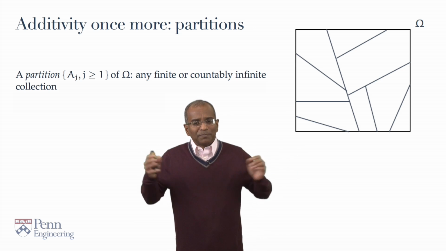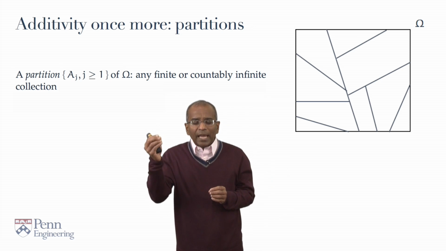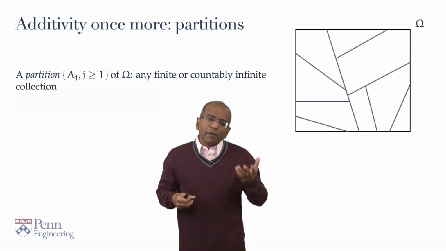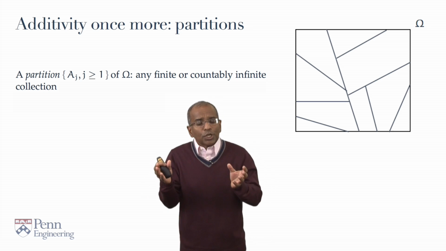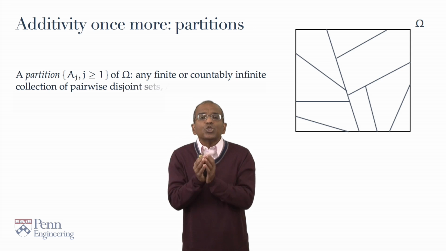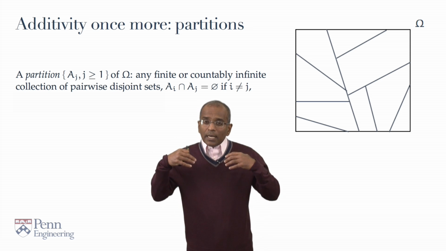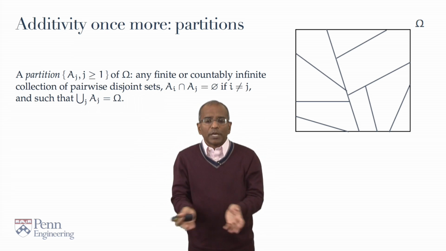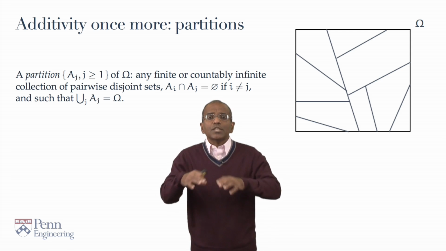countably infinite collection. Right? And we'll denote it in notation by simply a set of events A with a subscript j, where j, for example, runs through the natural numbers, either a finite range or all the natural numbers. This is called a partition of omega if the events Aj are mutually disjoint. The intersection of any two of them is empty. And these events are so constituted that together they make up the entire sample space. Right? In other words, the union of all these Aj's is omega.